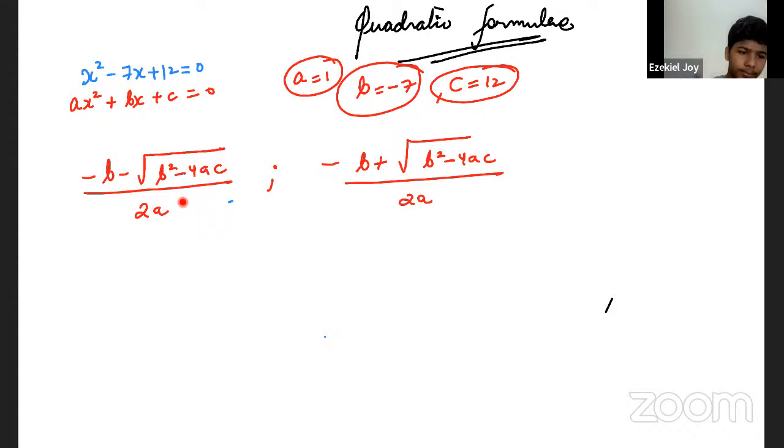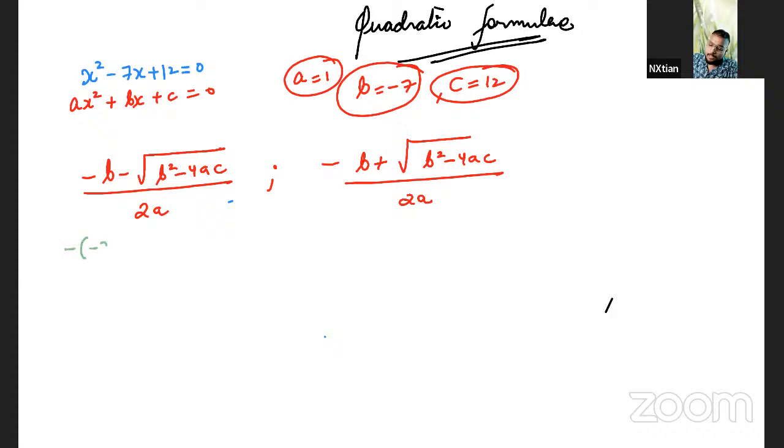Okay. So what we are doing, we just write this quadratic formula, and we have to put the values into this. So how will you put? What is B? B is minus 7. So minus was already there, so it becomes minus 7, minus root of minus 7 square. What is my A? A is 1. And what is C? C is 12